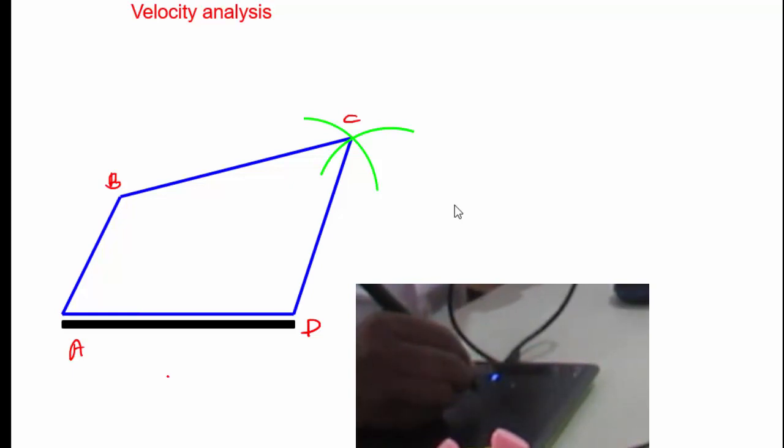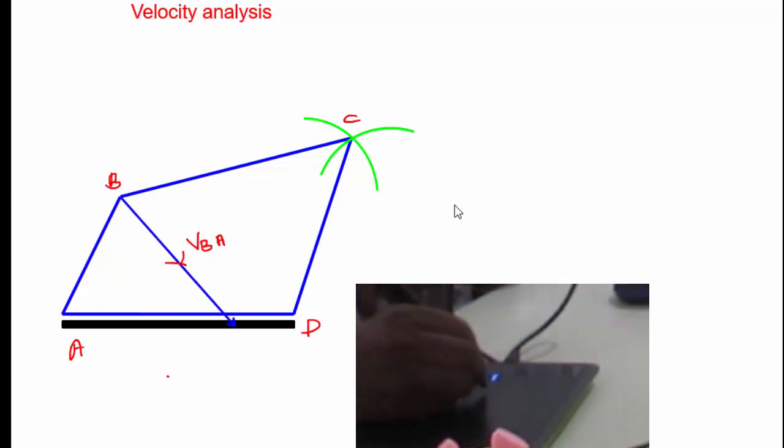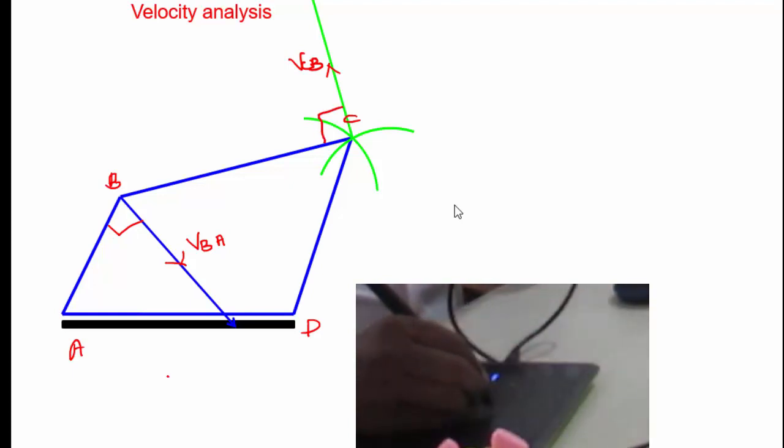Velocity is always perpendicular to link. So draw VBA perpendicular to BA. Then draw VCB perpendicular to CB. Finally draw VCD perpendicular to CD.